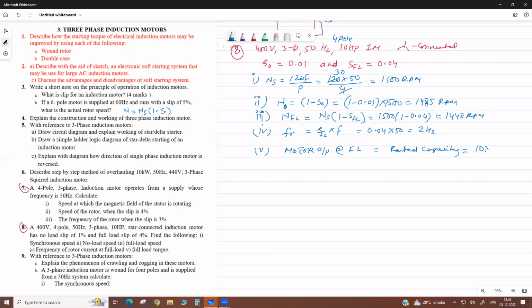That is 10 HP, which is 7460 watt, because 1 HP equals 746 watt. Actually it is the shaft power output, meaning full load torque into omega equals 7460 watt. Therefore full load torque equals